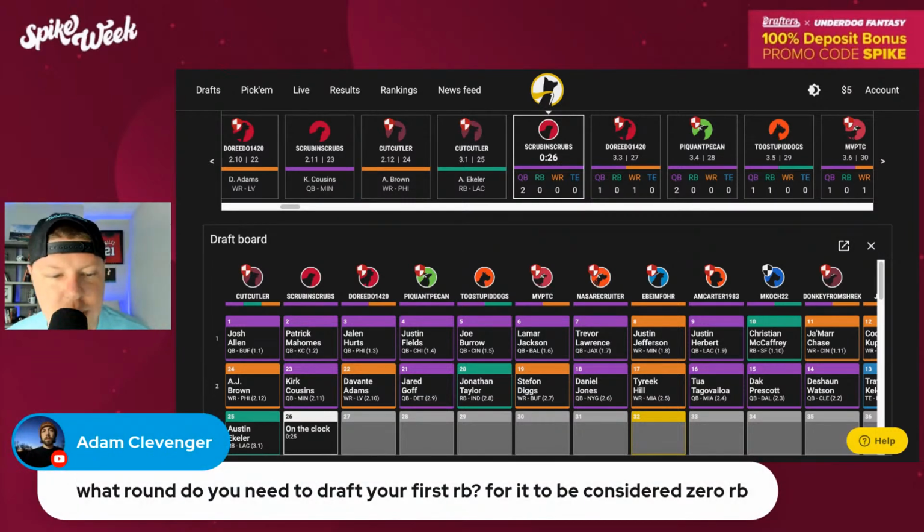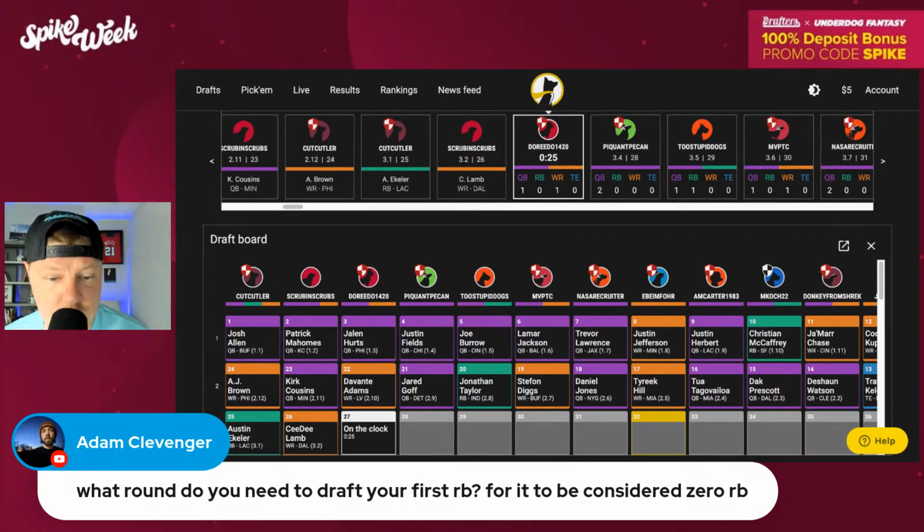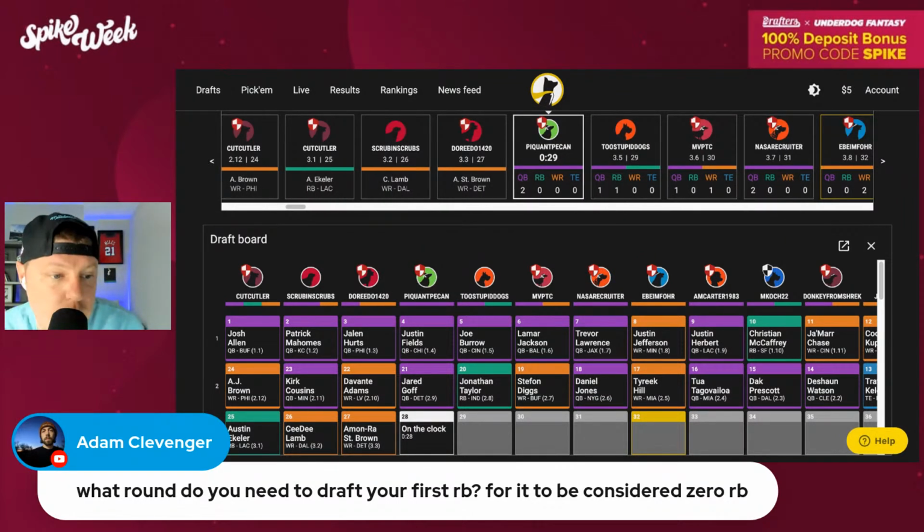Good question. Adam says, what round do you need to draft your first running back for it to be considered zero RB? It's a great question, and I'll give you a half answer. There is definitely no specific round that you have to draft your first running back. When we're doing content or building those things into our tools, you have to create some kind of definition in terms of the content and the tools,